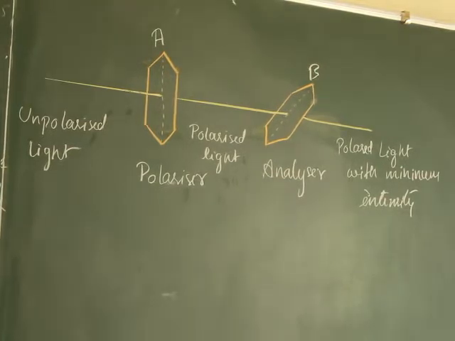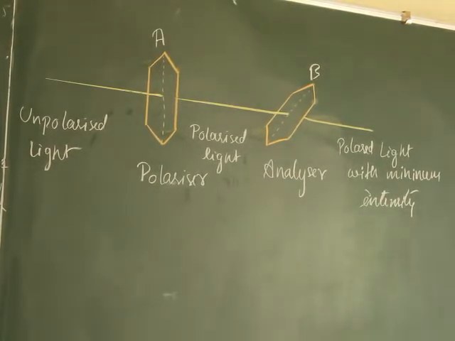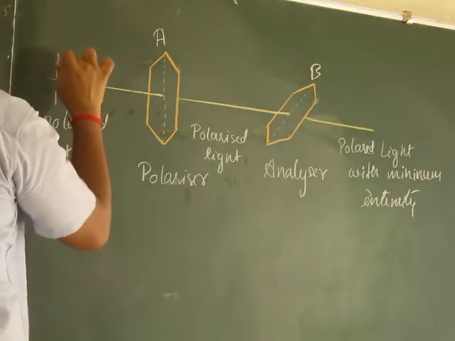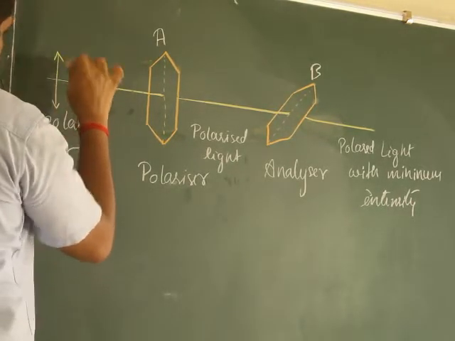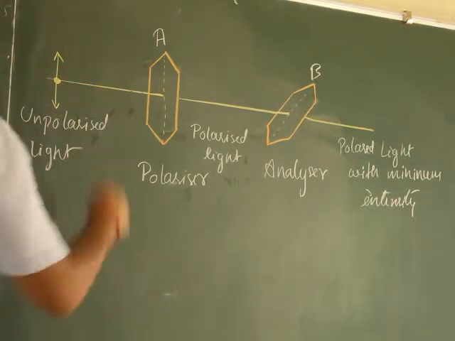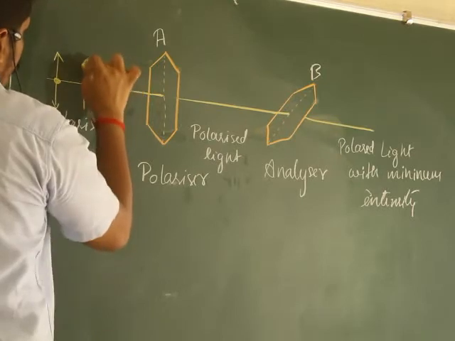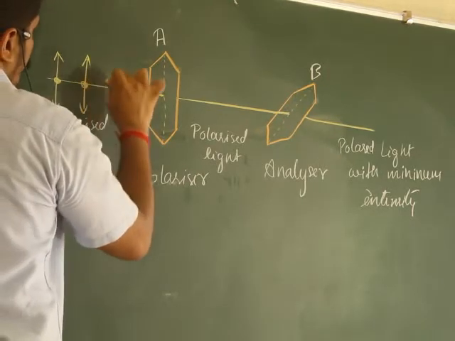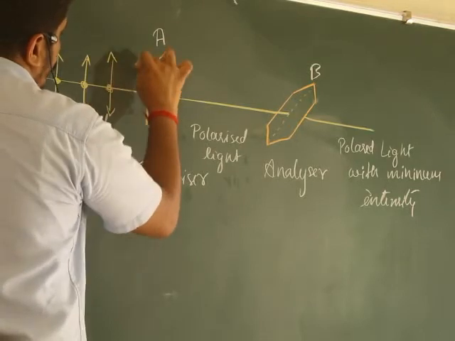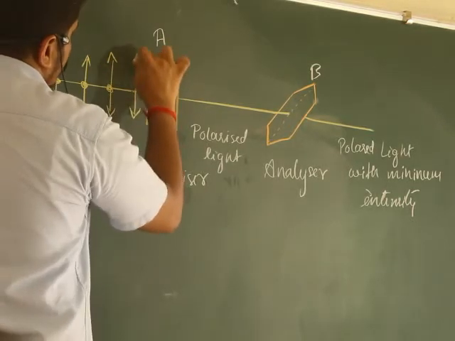Yes. So this is unpolarized light. That means in all the directions light will be having vibration: up and down, horizontal, z axis, correct? Here, up and down, dot, because this is unpolarized light. In all the directions light is actually having